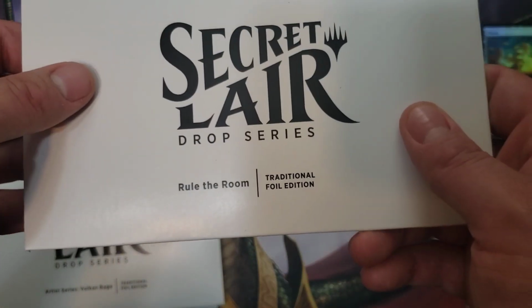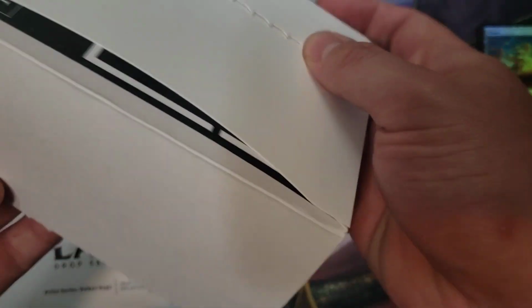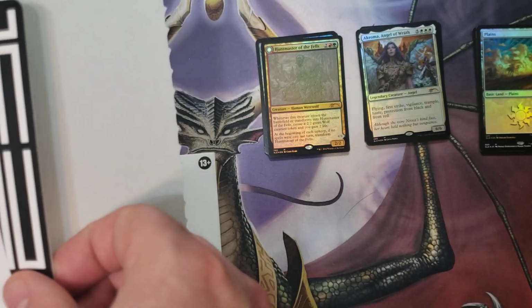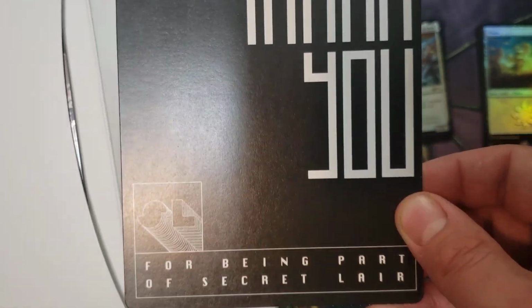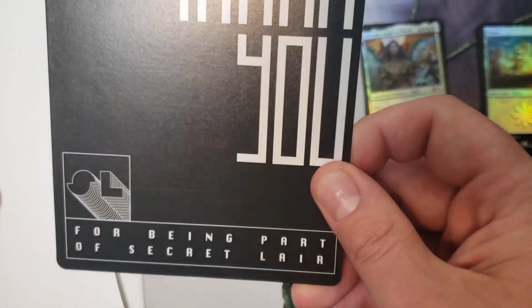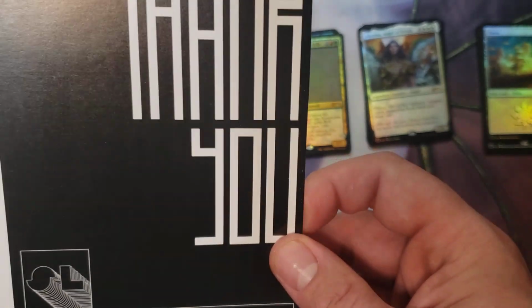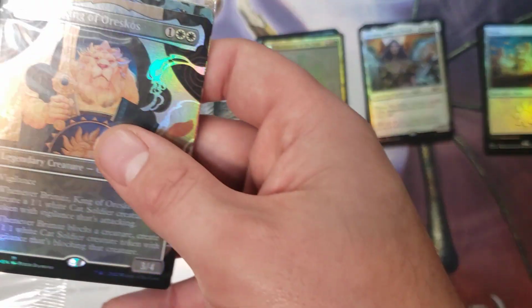We have Rule the Room. Let's see what we can luck out with for a bonus card for this one. I don't know how many of these are actually random bonus cards, or if it's just the set bonus card, like if you're guaranteed to get the Huntmaster sketch, or just any of them sketch. Thank you for being a part of the Secret Lair. Another different version. Well, at least they're switching it up a little bit on how they say thank you. I like that. Alright, and then we have